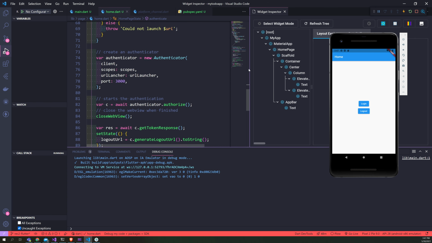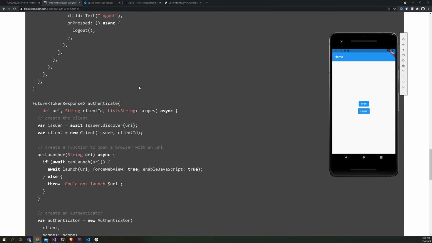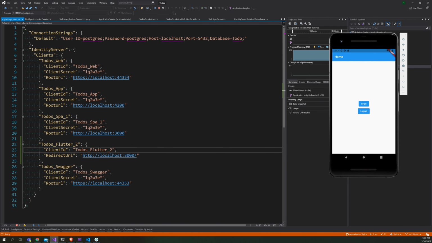we are initiating an authenticator here. So the authenticator is taking a client, scope, and then a URL launcher and a port. So the port is the port which is mentioned in the redirect URI. So if you come to the Flutter Redirect URI, we mentioned 3000 as the port. I also mentioned we need a slash at the end because